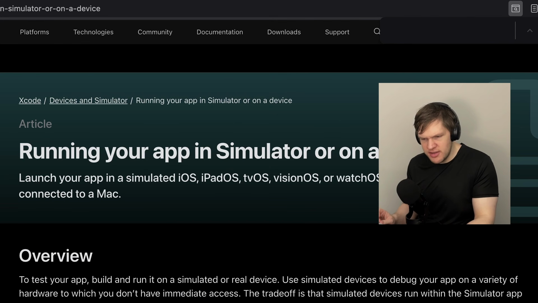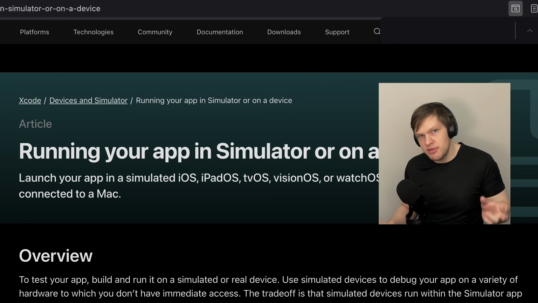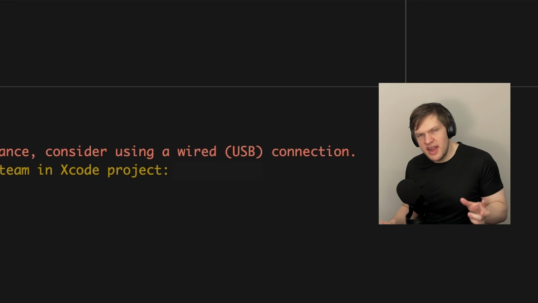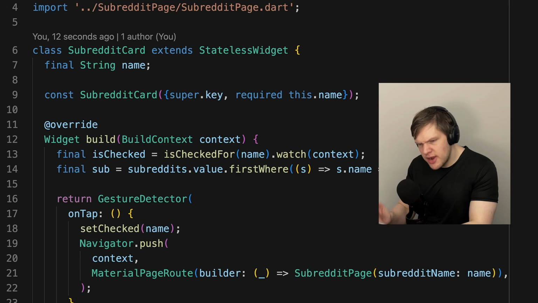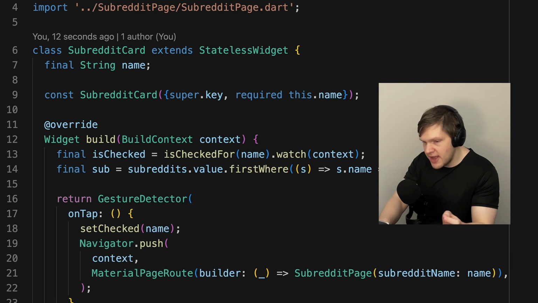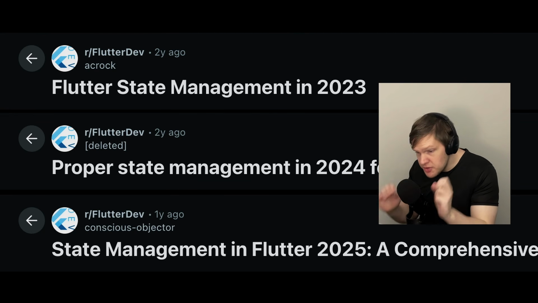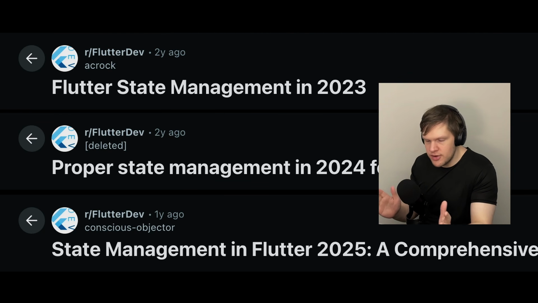I haven't mentioned it so far, but I've been debugging the apps on my phone wirelessly. While Flutter can debug apps wirelessly, it takes like 90 seconds for the debug session to launch. So I ended up plugging my phone into my computer to make it go faster. Flutter has very similar state management to React Native, and like I mentioned with React Native, it's very easy to completely destroy the performance of your app if you're not careful.